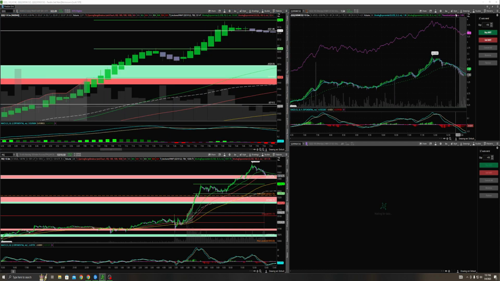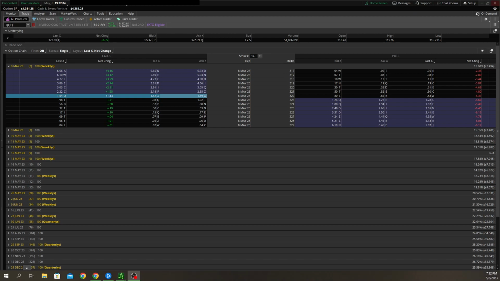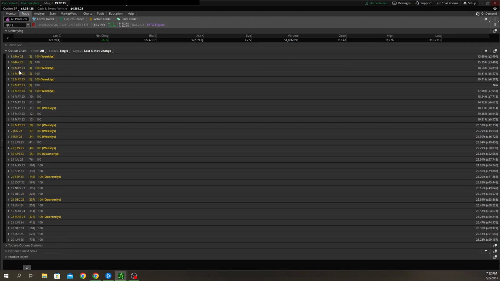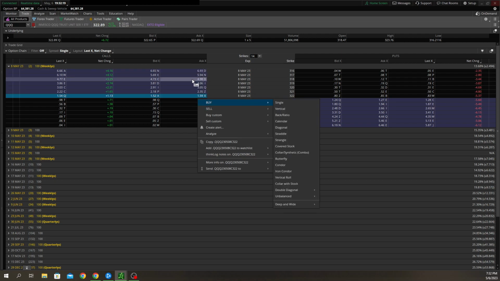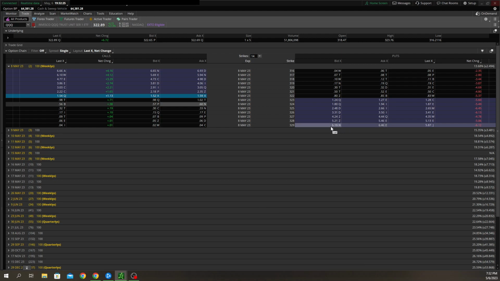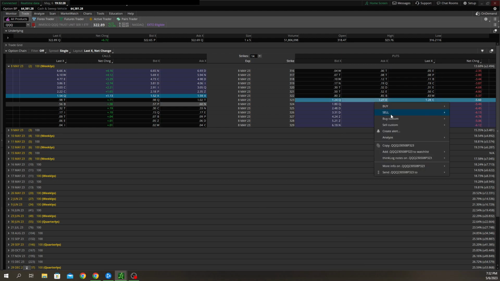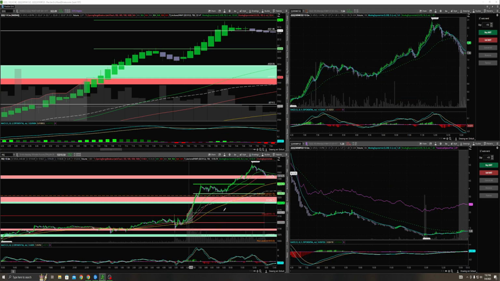Let's go over a little bit of how I see my option entries and what I look for while taking them, okay? Give me 1 second to change this up. So when we go over to our second screen, we're going to go to our trade tab, and then our call strike list, date list. You ask to buy, right? So we're going to go to the ask. Send to maroon is what I have mine mapped to, and send to purple. Okay, so what that's going to do, if we go back to our other screen here,